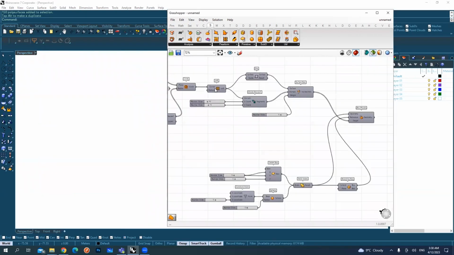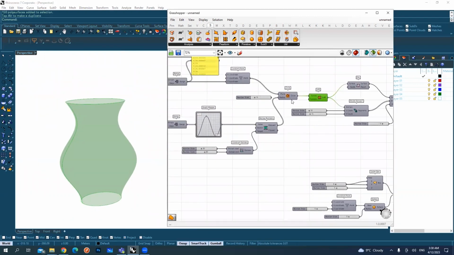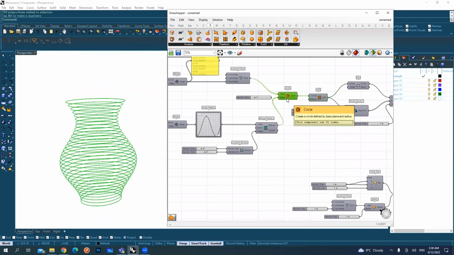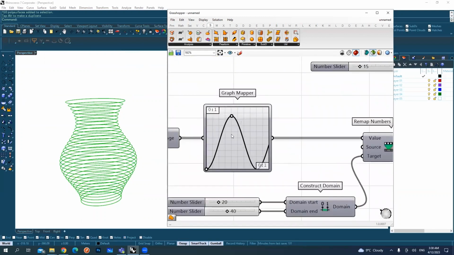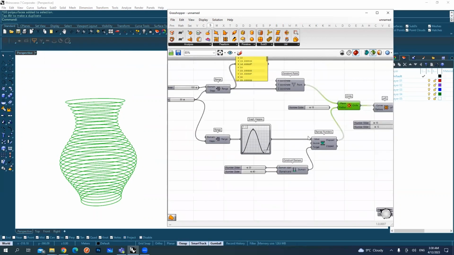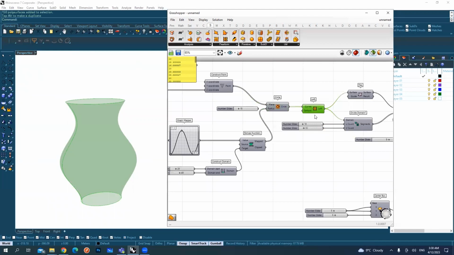After the loft, because of our circles and our graph mapper here, we can create any kind of shape we want. After this loft, we can do a whole bunch of other different methods. We can go in very different ways to create, I don't know, a noise pattern on the surface, or what